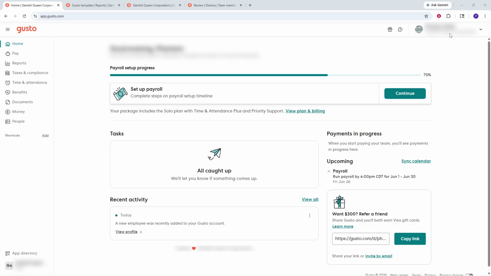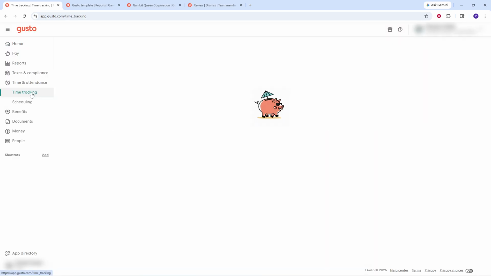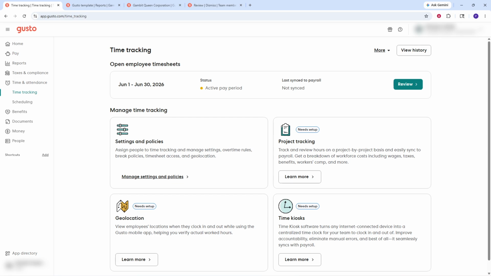without any issues. Once you're logged in, you'll be taken to the main dashboard where you can navigate to the area that shows employee time information. From there, click on Time and Attendance and then select Time Tracking. This section is where Gusto organizes employee hour data, making